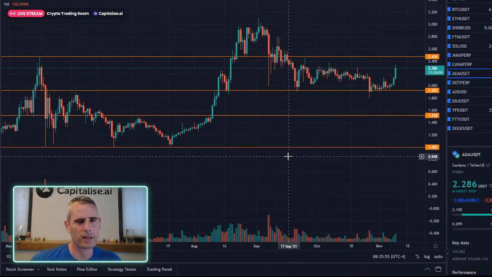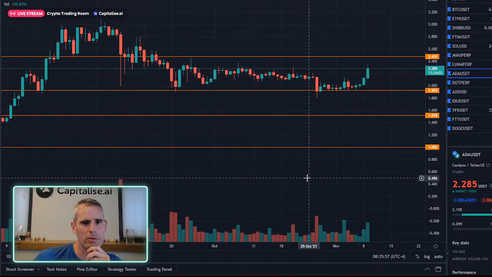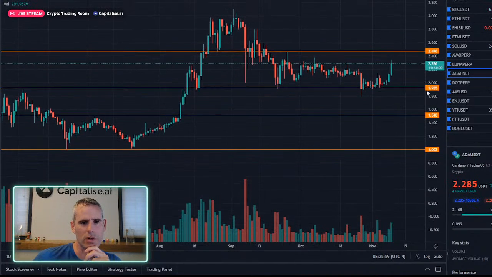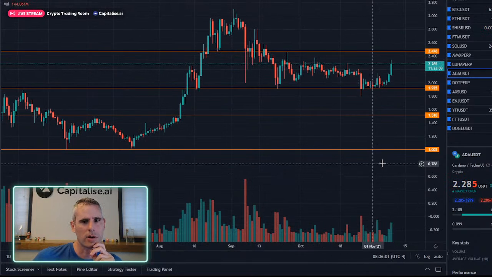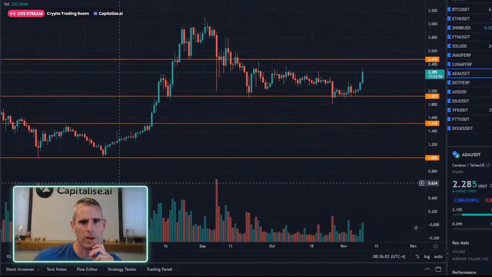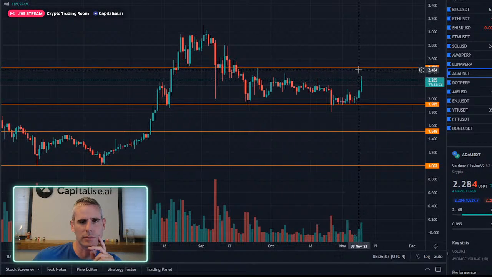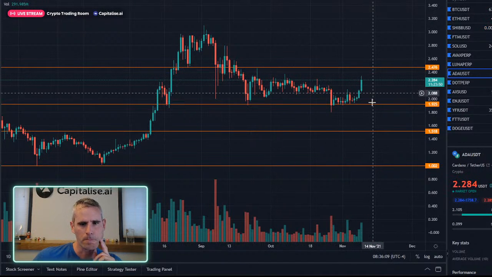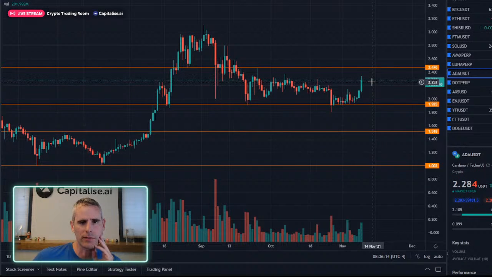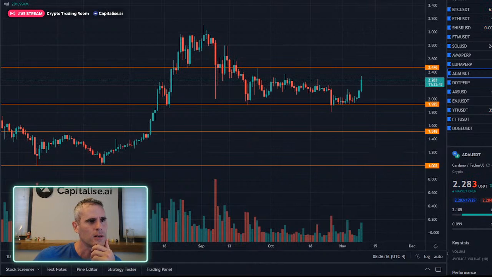I don't identify any new lines here that I would like to draw. So currently we are inside two lines, one being support, one resistance, and almost in the middle of them. So I'm not sure if I find a trade here. Let's